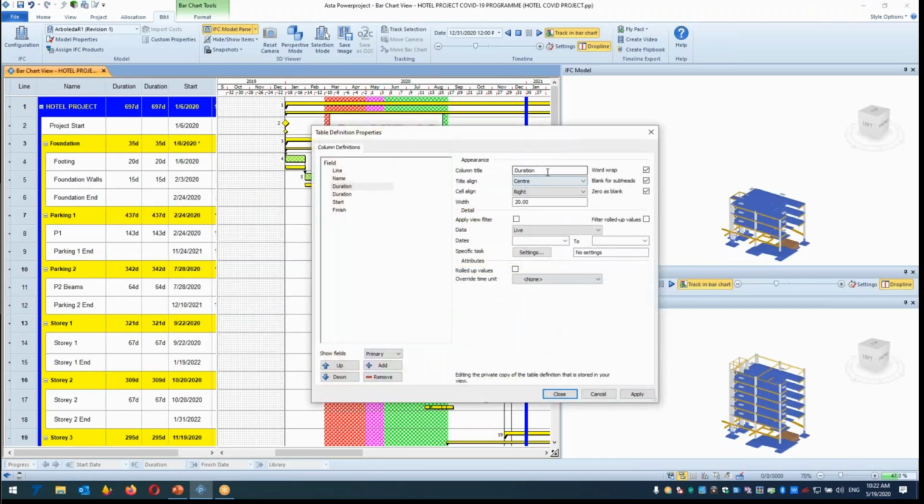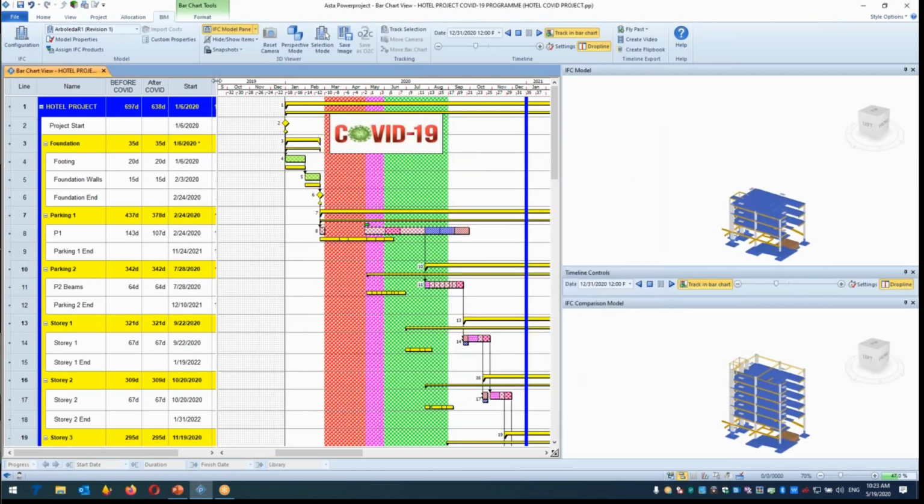I have two durations. The first one, I can say before COVID, duration, and the second one I can put after COVID. And you can select here the data for the COVID baseline. When you apply it and open it,